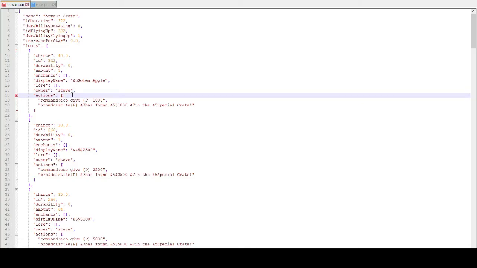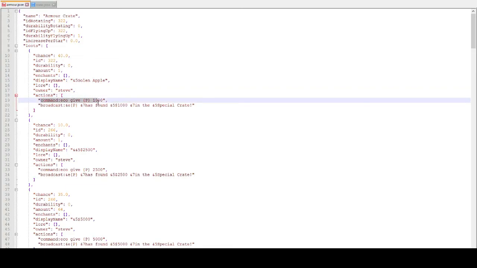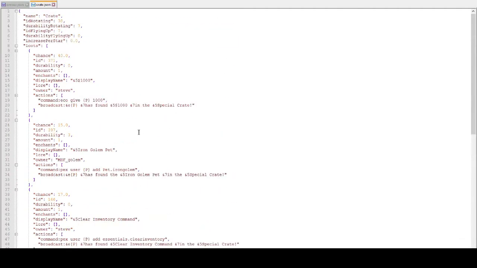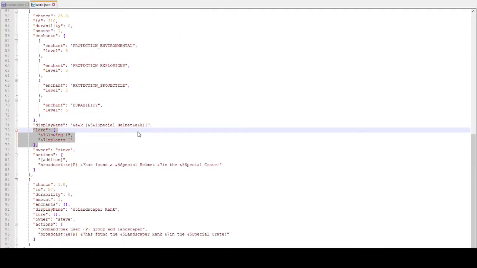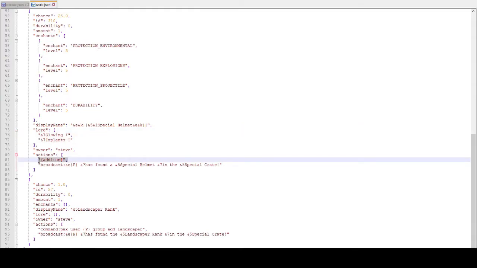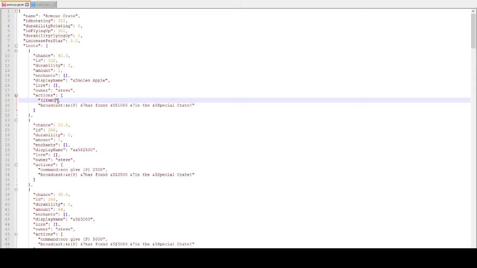Then, what do you want it to do when they've won this item? So when they win this golden apple, this command is going to be run, so it's going to give them money. Well, I don't want to give them money because it's a golden apple. So you can put here, square bracket, I think it is item. Let me double check that I have that in my next one, because this one has all the different things in. So yeah, you would put this in brackets, you would put add item, and it will literally give them the golden apple